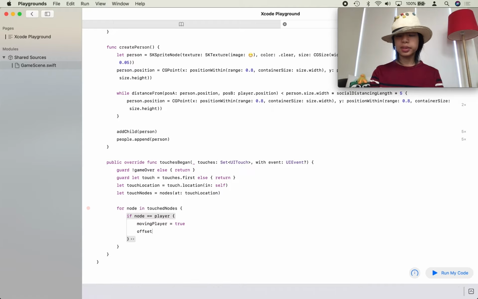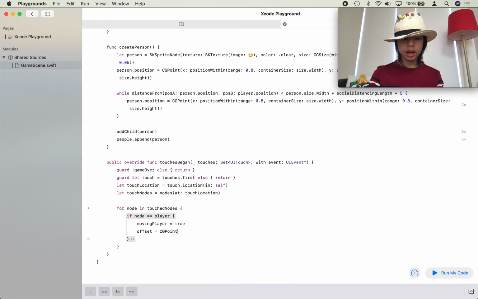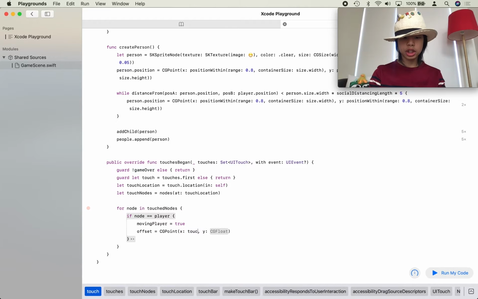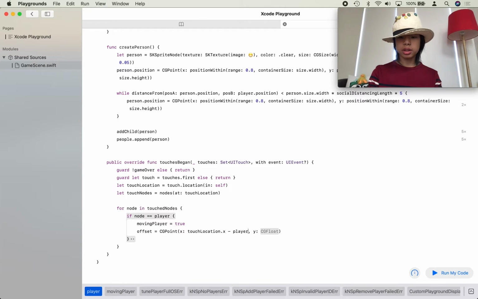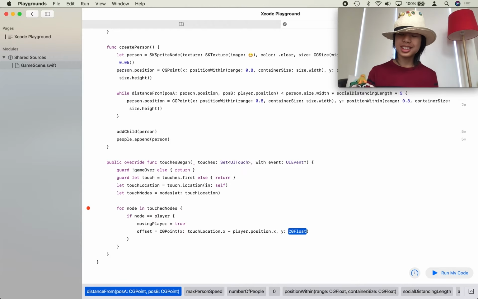Now I'm going to set the offset in here. So, CGPoint, and for this, it's going to be the touch location for the x position. It's going to be touch location dot x minus player dot position dot x,